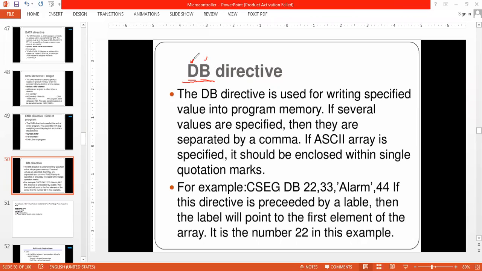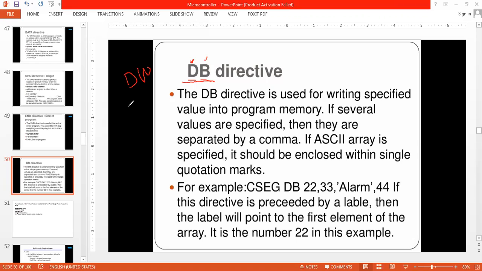If I am using a word, I can write DW, which stands for data with a word size.